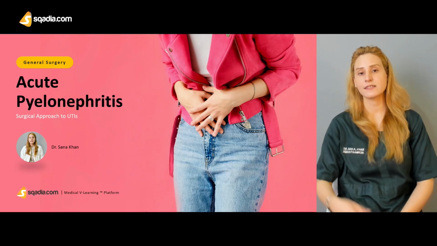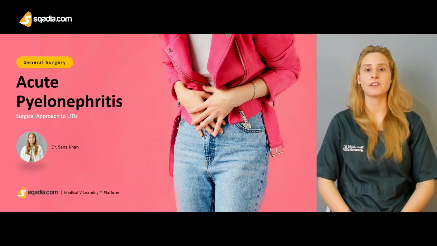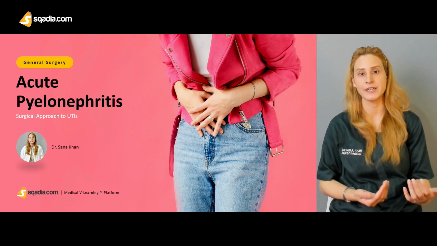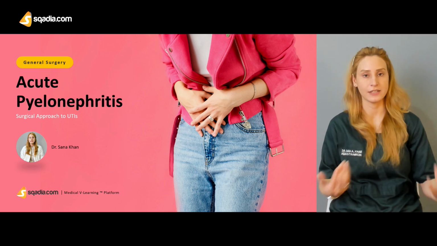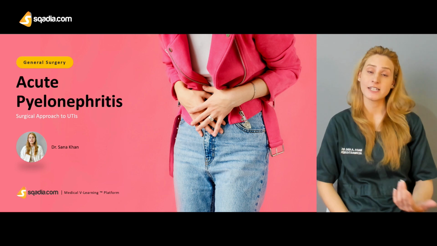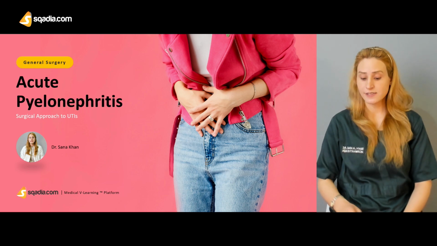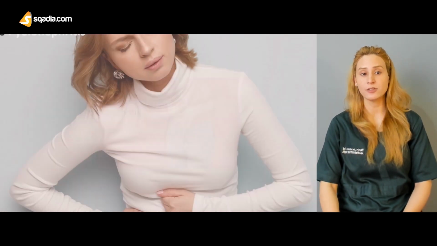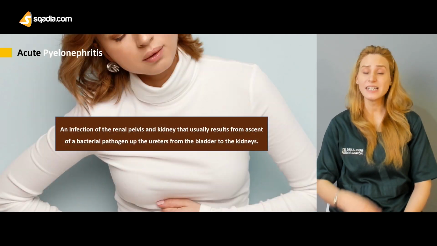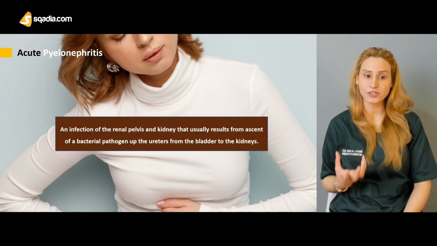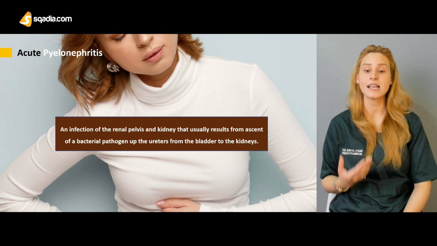Now let's discuss different urinary tract infections one by one, like pyelonephritis. Then you have the abscess formation, and then you have the emphysematous pyelonephritis and xanthogranulomatous inflammation of the kidneys. So talking about acute pyelonephritis, that is actually the infection of the renal pelvis and the kidneys that usually